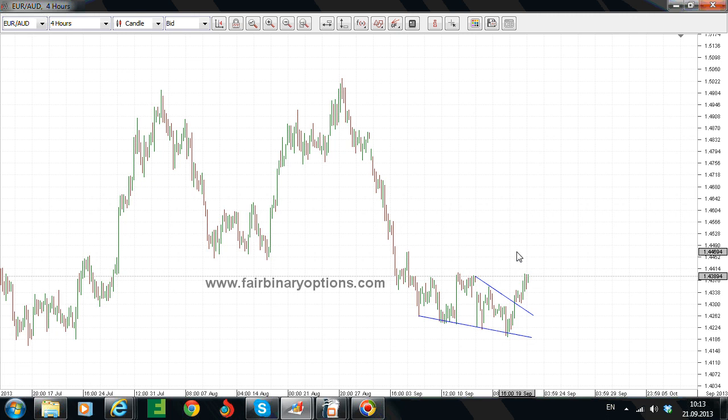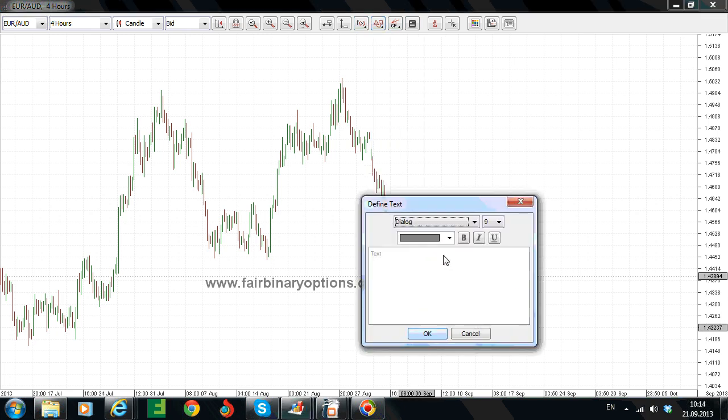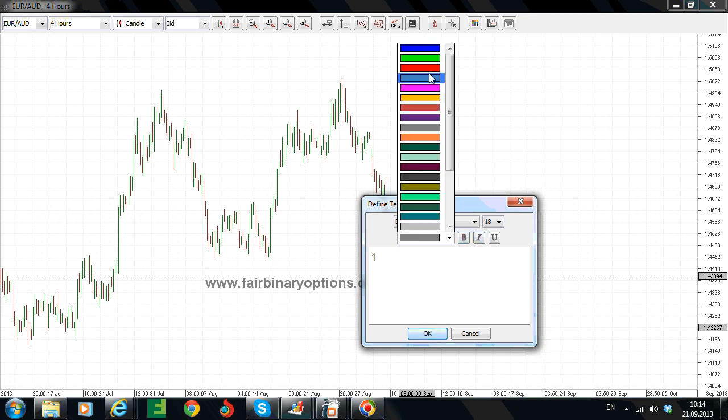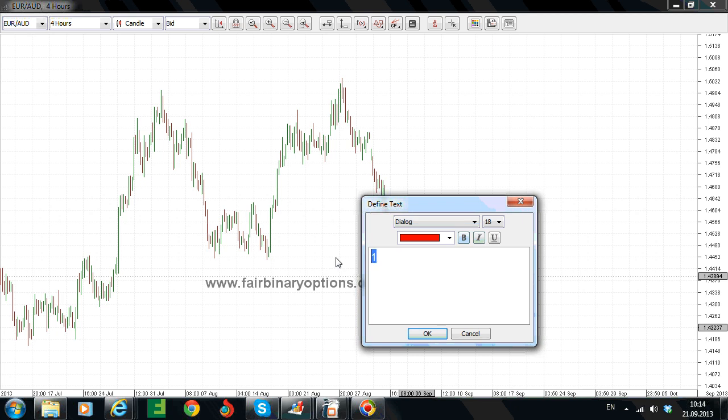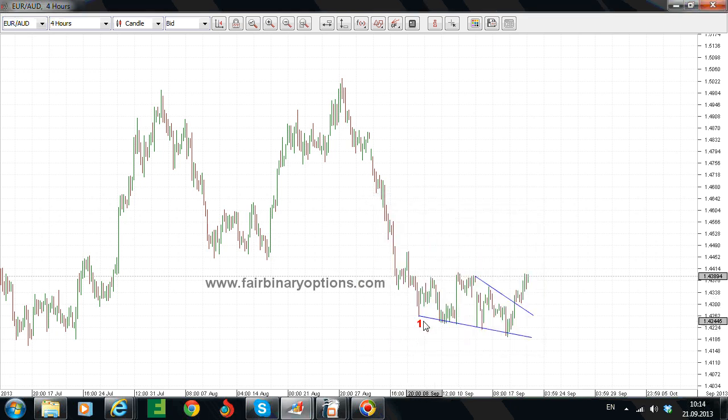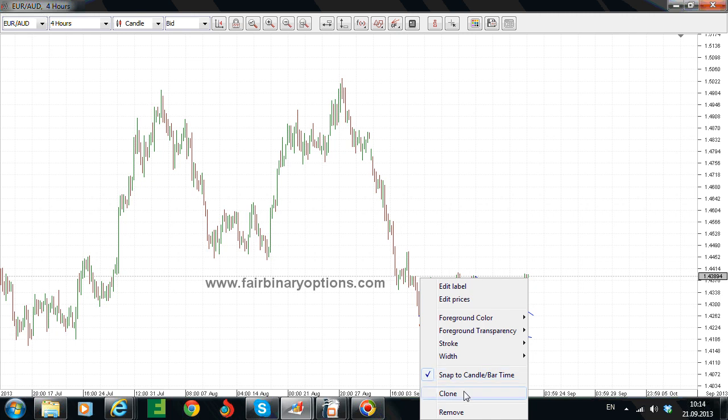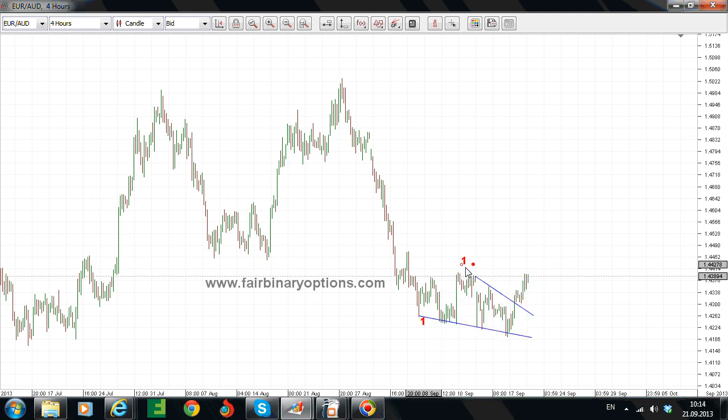Now, in terms of Elliott waves, if you are trading with Elliott waves, any wedge is part of an ending diagonal structure, most of the times, and this should be labeled 1, 2, 3, 4, 5. So from here, you should label 1, 2, 3, 4, 5, as you very well know. Now let's label this one, because you will see what I want to show you. So 1, let's make it red. This is 1, the first wave to the downside. Then this is the second wave here. So 1, 2,